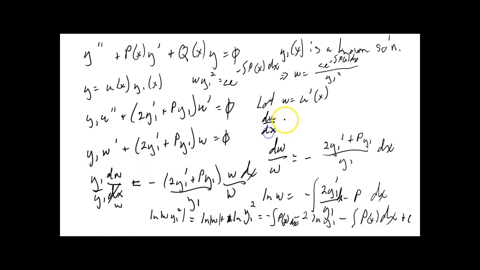Du dx, that's what w is equal to: c e to the minus integral of p of x dx, divided by y1 squared. Okay? And if you, again, write this in differential form and integrate both sides,